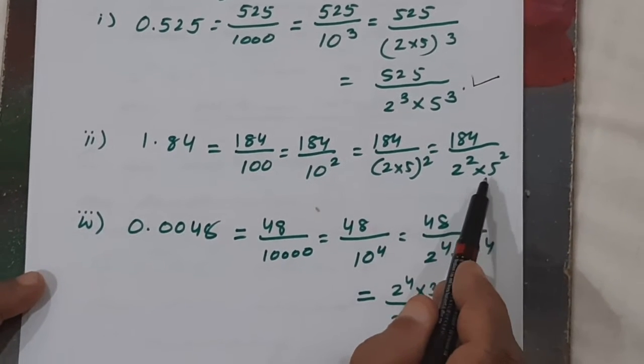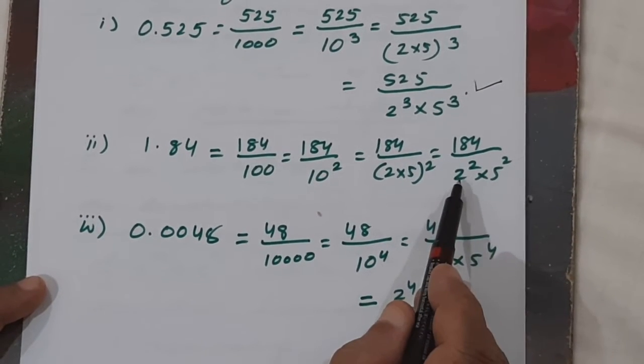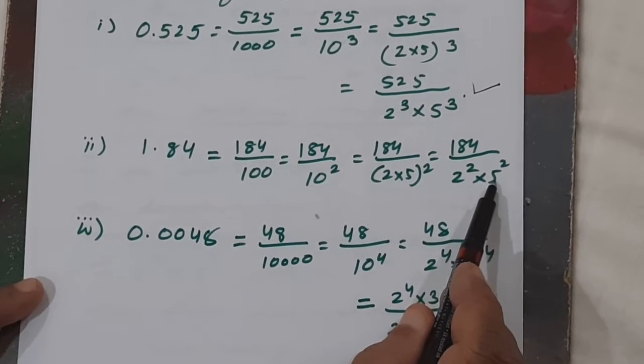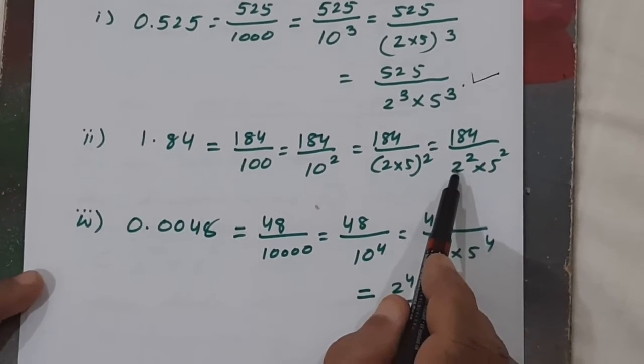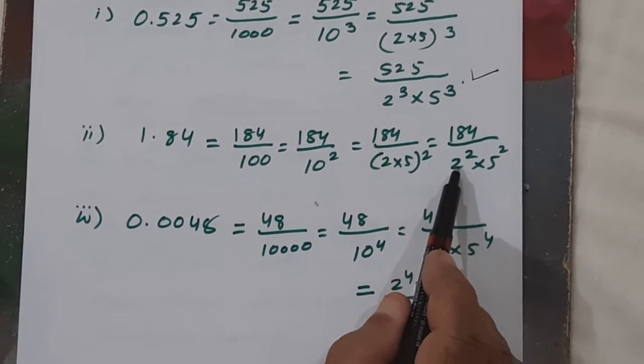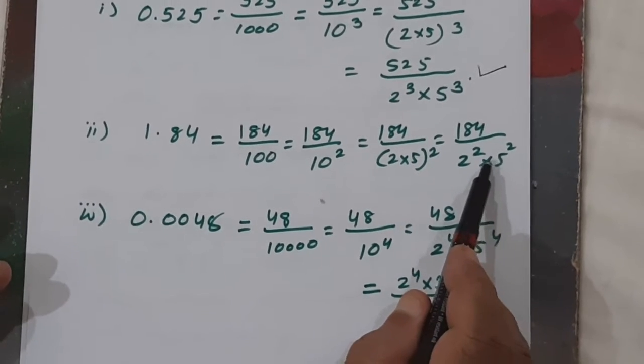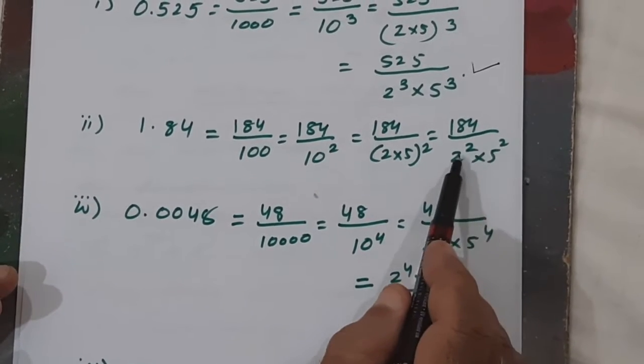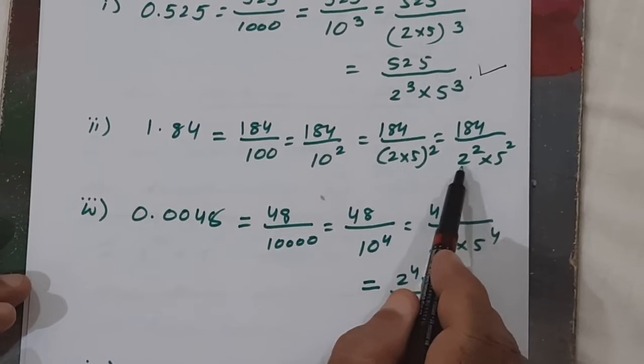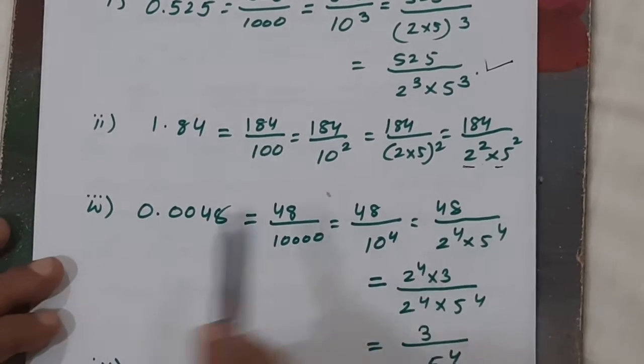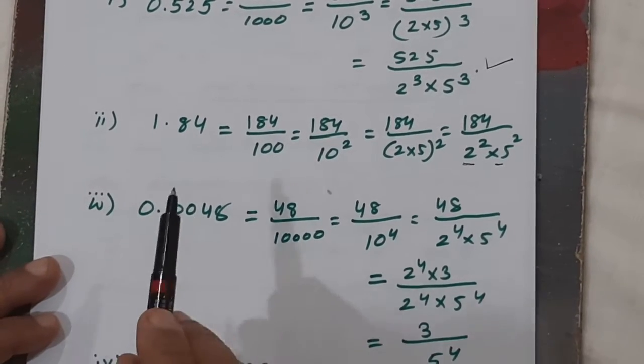You can write this directly: 184 over 2 raised to 2, 5 raised to 2. Again you see the denominators are multiples of 2 and 5. It may be any power, but it is 2 and 5. This is very important, 2 and 5. Similarly, let us take the third example,